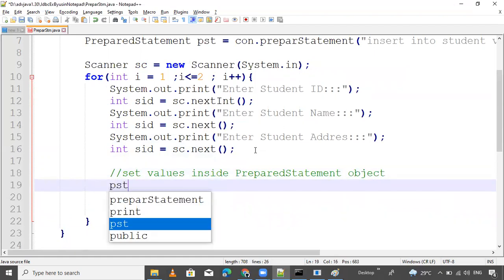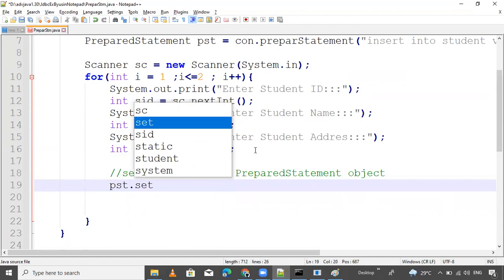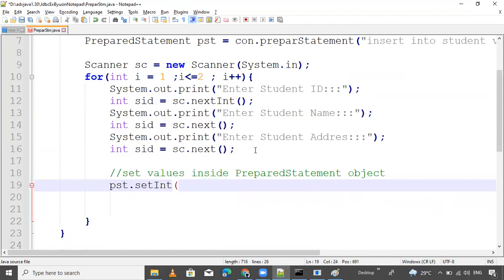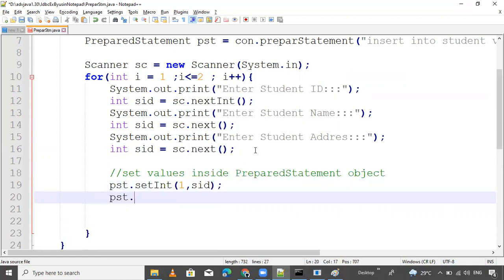So how? pst.setInt. First is which type, int. So what is the column number, one, and what is the value, sid. That's it. Next is pst.setString, the method to set the value for the name, not sid.